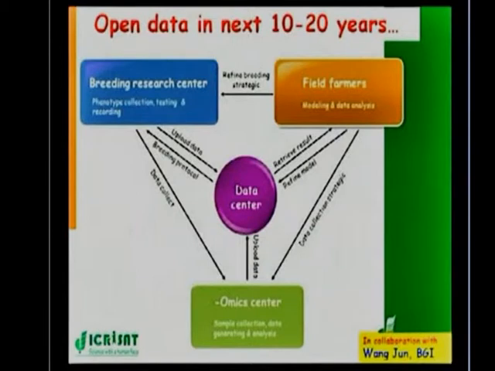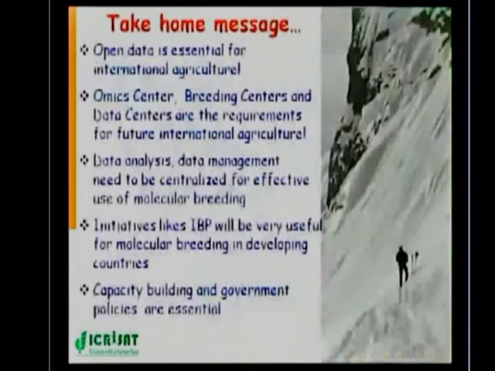We think that in coming years, when we have the global data center, it needs to have association linkages on one hand with the omics center, for instance the genotyping or sequencing center. Here they can have interfaces for uploading the sequencing data or genotyping data. On another hand, you need to have the breeding research centers, where CGIAR centers can play a very important role. And then there should be linkages, on the right-hand side, with the field farmers through the National Agriculture Research System. We need to follow this kind of model, and we believe this can be possible only when the different partners or organizations involved in these different activities put all their data out as open data.